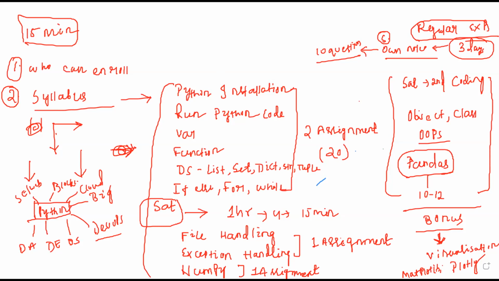Let me tell you why I have done this. I am in the industry, so based on industry requirements, I keep changing my content. Nowadays a data scientist has to know other modules of Python like OOPS, mostly object and class and other concepts. Even though you're joining as a data scientist, you should know other modules along with pandas, NumPy, core Python. You should know Python OOPS concepts, exception handling, file handling. Why? Have you heard of MLOps, machine learning operations? They're telling data scientists to deploy the models. When it comes to deployment, it is like DevOps, so you have to know a bit about the development environment, not be an expert.